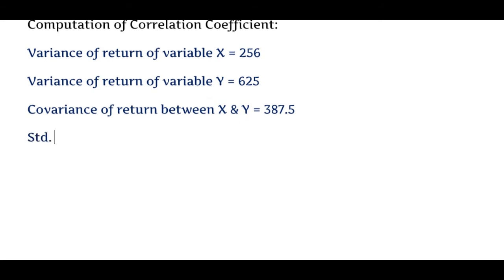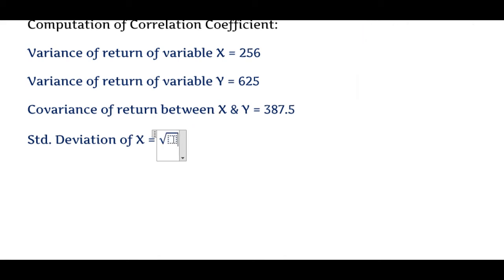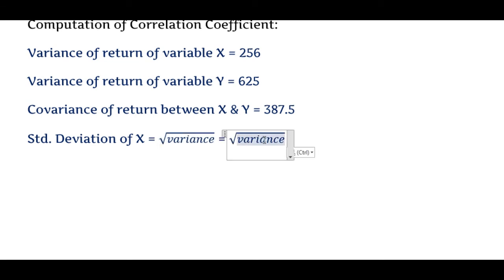So the standard deviation of variable x is equal to the root of variance. So let me write the root of variance here. Root of variance is the standard deviation value. So we know the value of variance. Let me use this equation to put in our numerical value. The variance value, we already know, it is